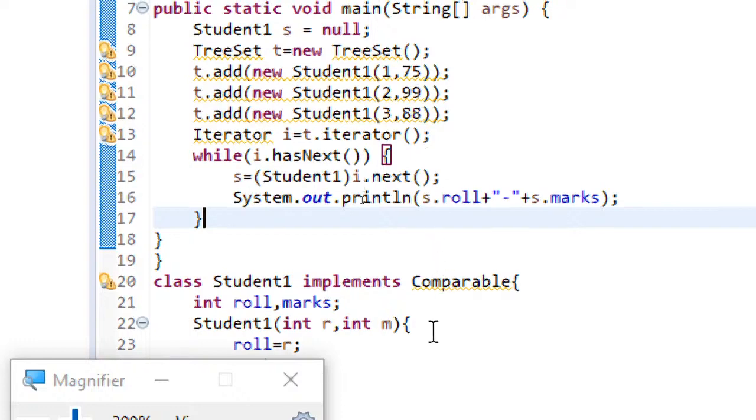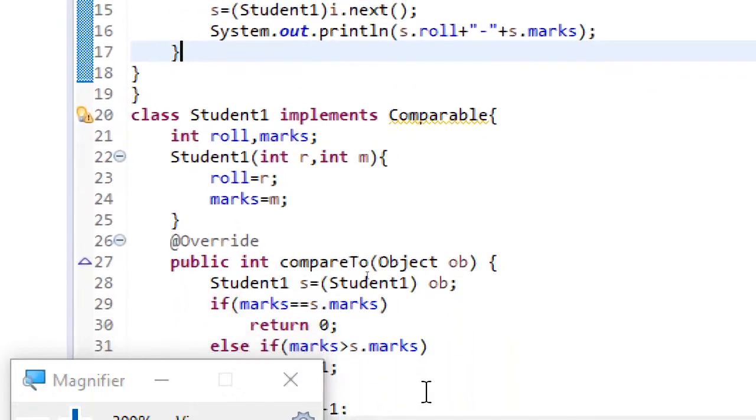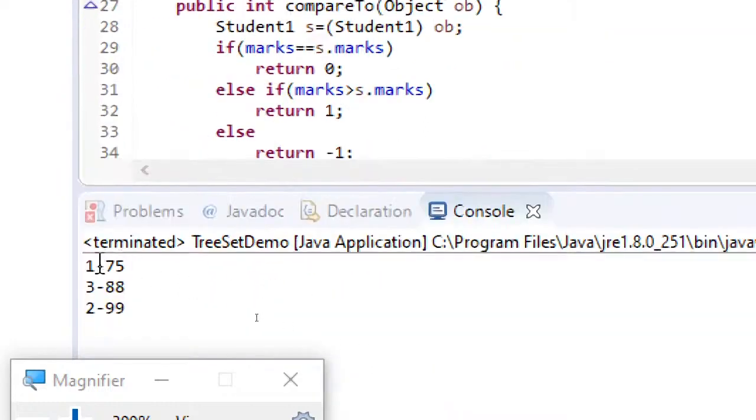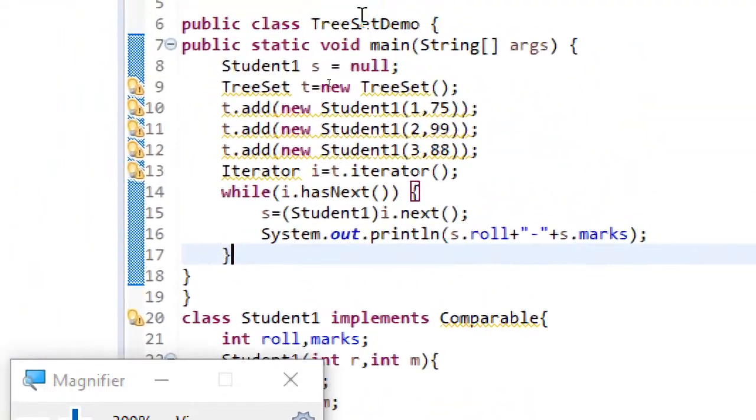Here we have sorted with respect to the marks. That's the reason you can see the output. Roll number 1 75 marks, roll number 3 88 marks, roll number 2 99 marks. So this is how it has sorted with respect to the marks.